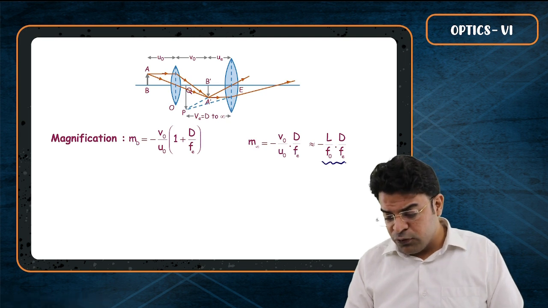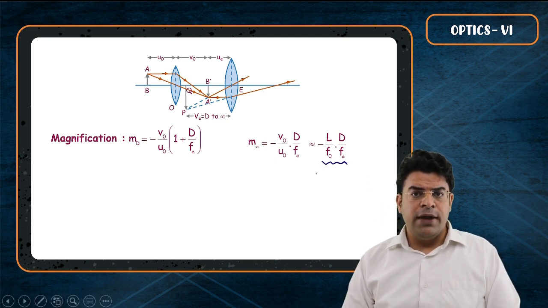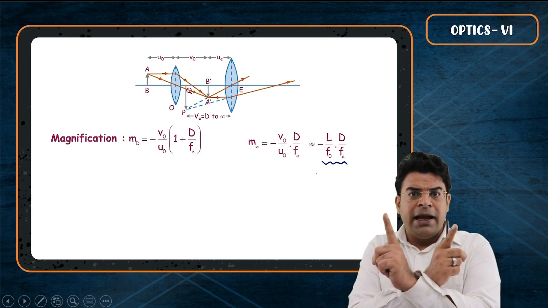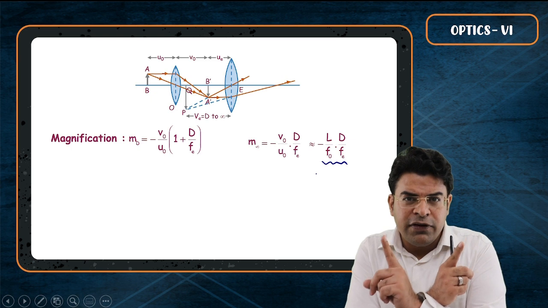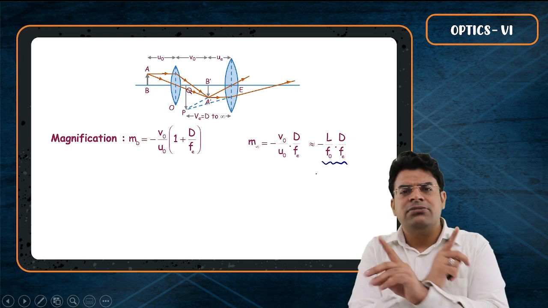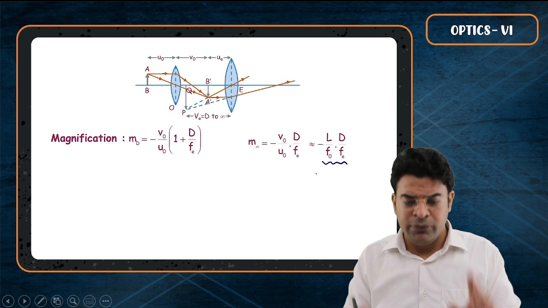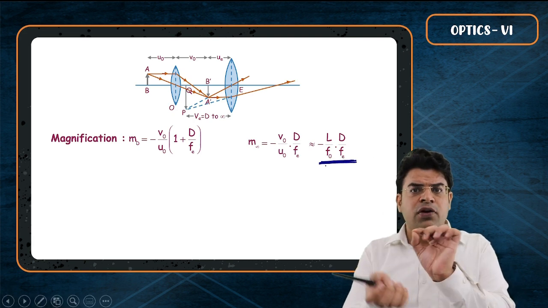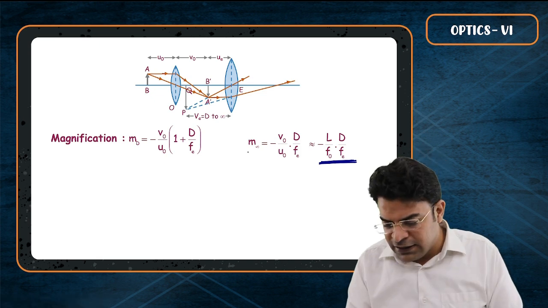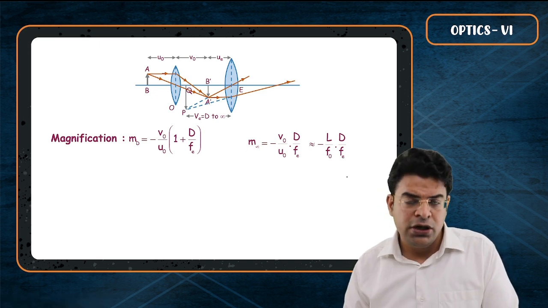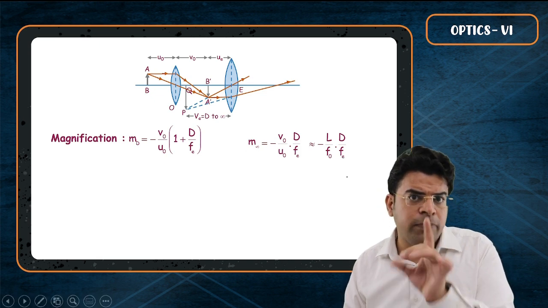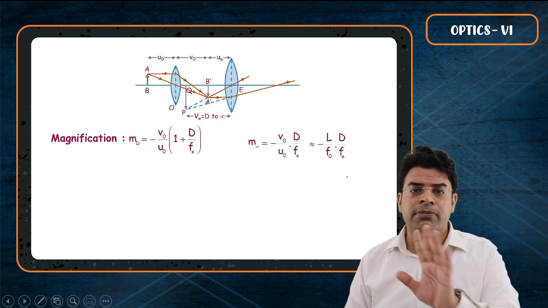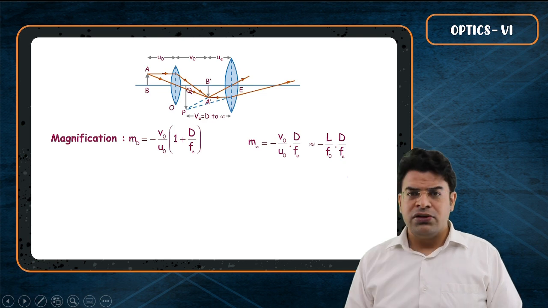Now this type of question is asked. If you interchange the eyepiece and objective of a microscope, will the magnification change? The answer is it will remain nearly the same, because you can see that this is a symmetric equation. If you change F naught with Fe and Fe with F naught, you will get nearly the same magnification. So in case of a microscope, if you change the objective with the eyepiece and the eyepiece with the objective, there is no appreciable change in the magnification.